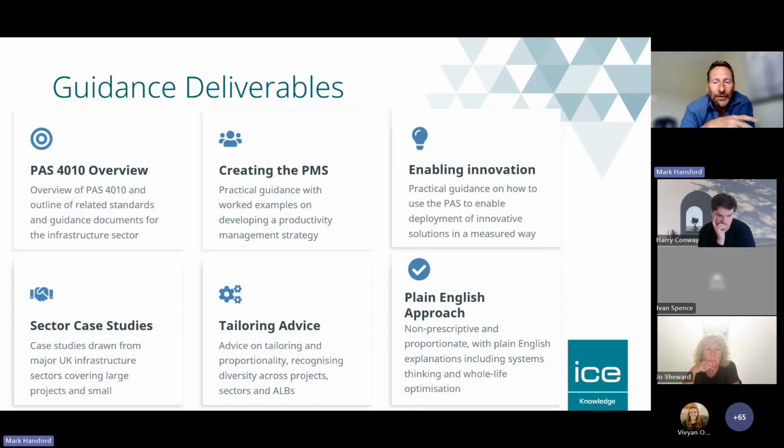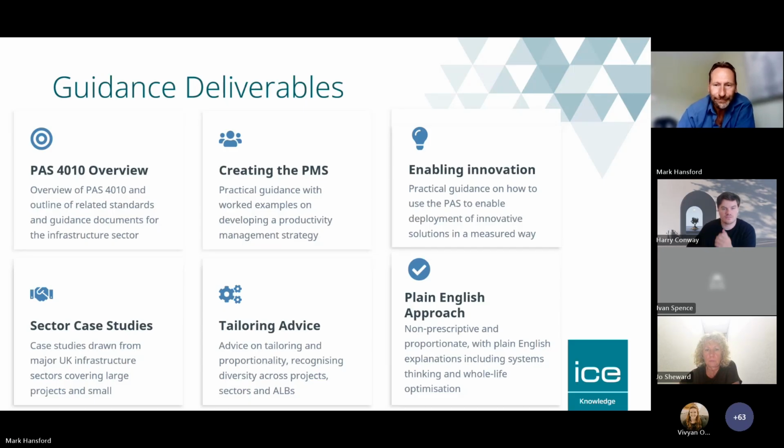It will also include a number of key case studies from different types of infrastructure, all different sectors: transport, water, energy. These case studies are going to be drawn from projects that have been delivered before PAS 4010 came into existence, clearly. So what we've been doing is reaching out and looking for examples of projects that, had PAS 4010 been around at the time the project was being developed and delivered, would have embraced many of the requirements of the PAS, and the case study would explain how they fit to specific clauses within the PAS. So hopefully that's a helpful way for people to get their heads around how to use the PAS